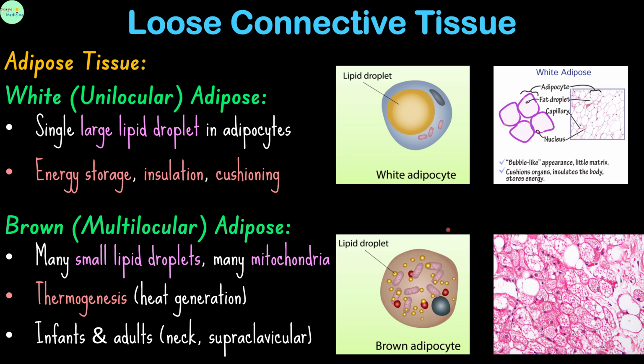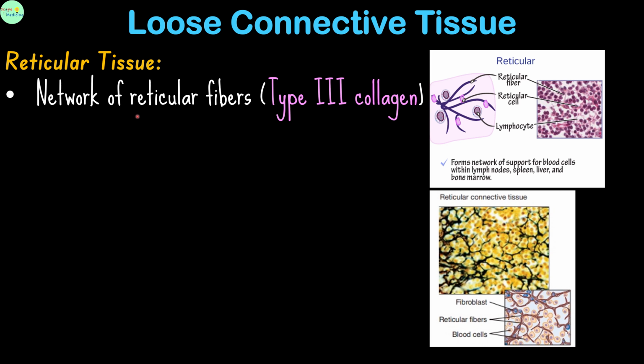This is especially important in infants who have a higher surface area to volume ratio and are more susceptible to hypothermia. And in adults, it is found in specific depots, such as around the neck, in the supraclavicular region, and along the great vessels. Reticular tissue is a specialized loose connective tissue that consists of a delicate three-dimensional network of